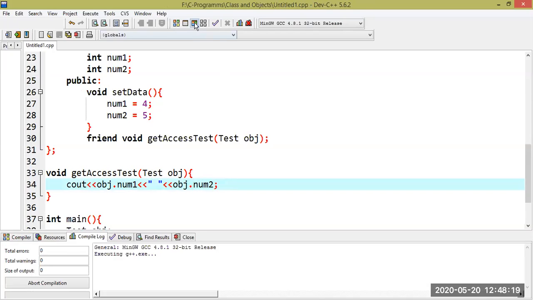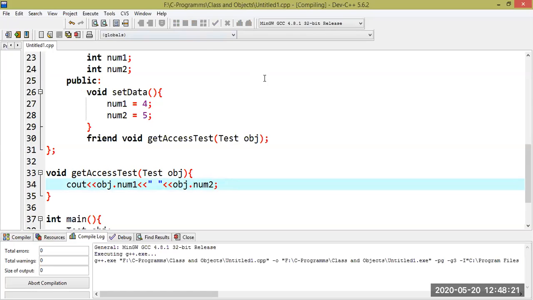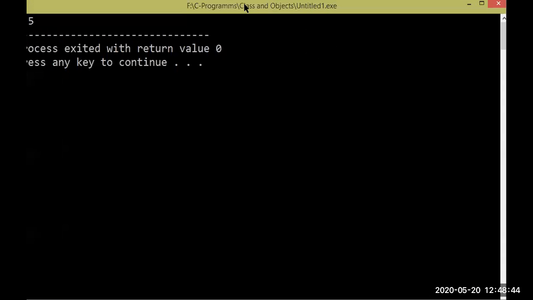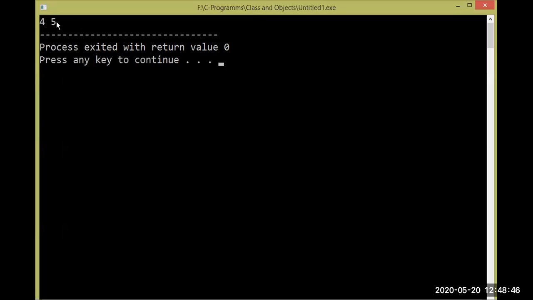Now if I compile this code again, I hope there will be no error. Now look at the output. We tried to print the private data from the friend function, and we got it successfully.